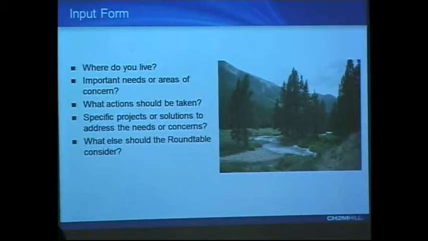So the next question will be, what actions do you think should be taken? If you know them. If you don't, that's fine. If you say, this is a problem or this is a need, I don't know how to solve it, but I'm going to identify the problem, that's fine. Just put that problem down for us. If you have a specific project in mind that you think can solve this problem or need, go ahead and